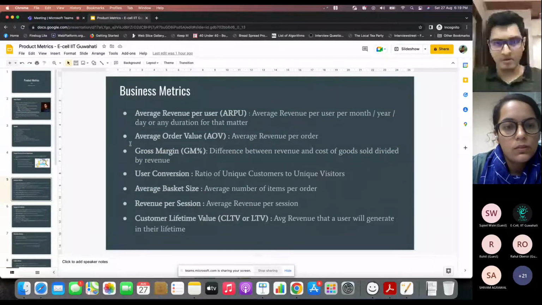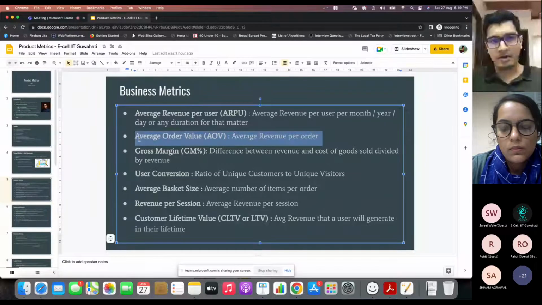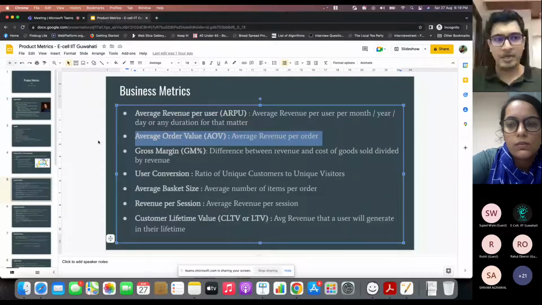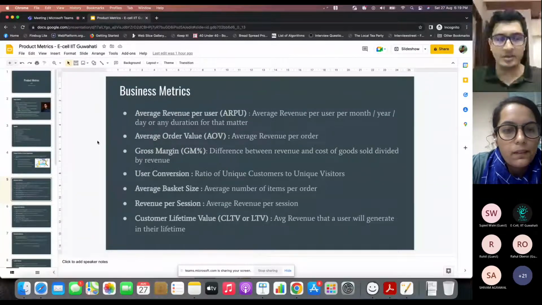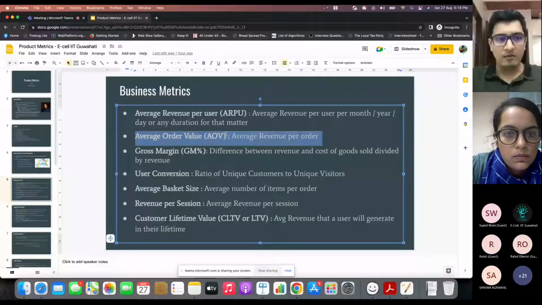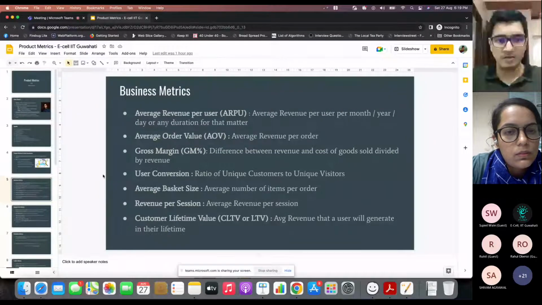Let's say you are working on ranking algorithms which display products such that it leads to higher business, and without hampering user conversion, it leads to a higher average order value. Then you will be tracking average order value. So based on your product, and how it is going to impact the business metrics, you will be responsible for one or more of the business metrics, and typically you'll be owning one. And then moving on.